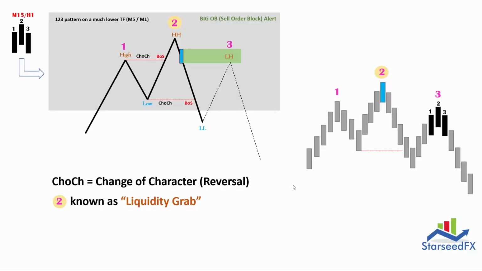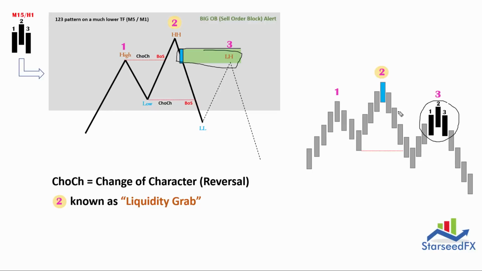Now, you know that sometimes the order block is not hit by the price, right? We usually place a pending order on our order block on the lower time frame. But if it didn't hit, and you see this 1, 2, 3 pattern again on the lower time frame, then you can make that as your direct entry.